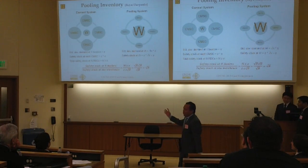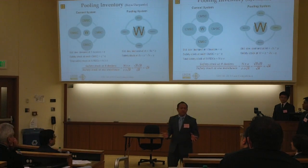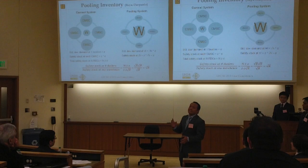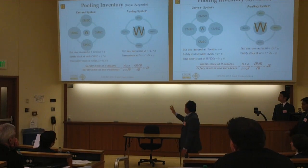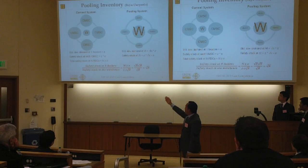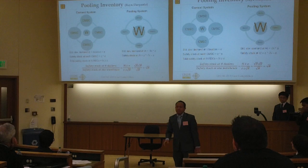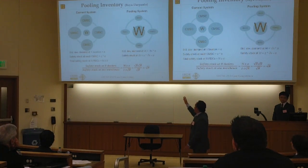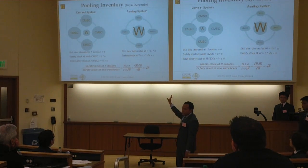So in this case, we choose option 2 to build a big warehouse in the West region. And at the same time, we will adopt the pooling system. As you might see, in the current system you have a high level of inventory in each CMSC. Now you want to reduce the safety stock, so you have to create one big warehouse in